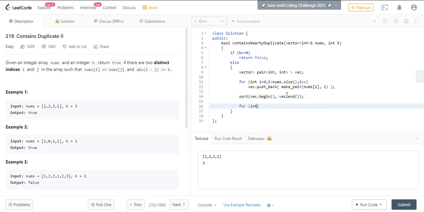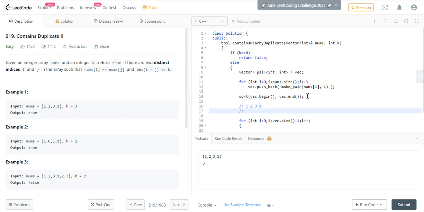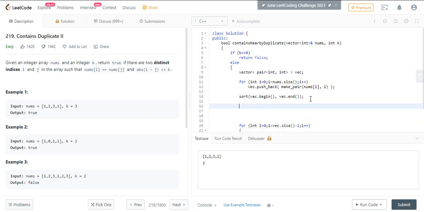Now for int i equal to 0, i less than vect dot size minus 1, i plus plus. Now we are going to iterate the vector that we created. So the vector will look something like this. If we have 1, 2, 3, 1 and 0, 1, 2, 3. So this is before sorting.